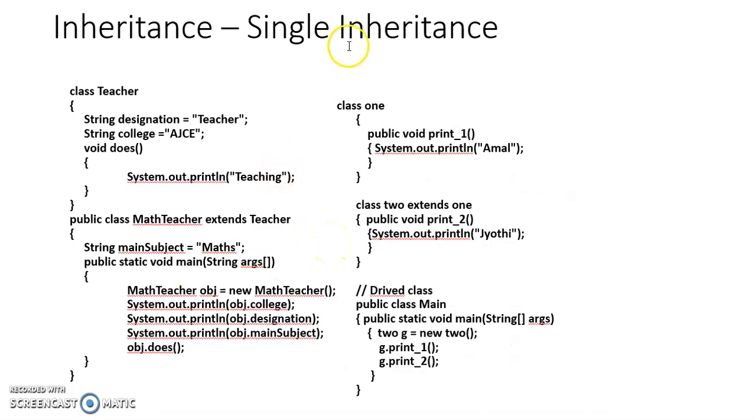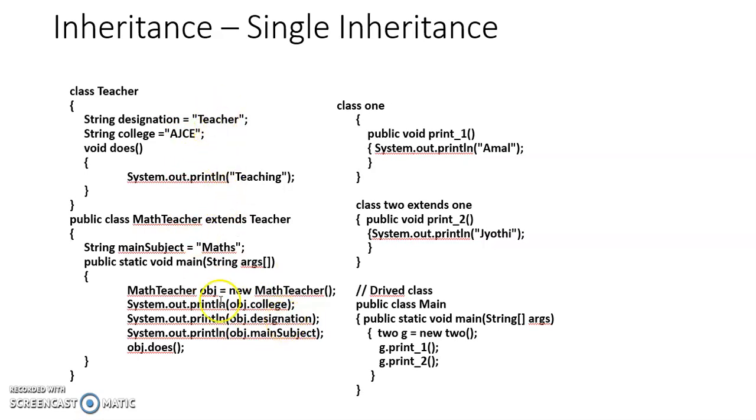Another case of single inheritance over here: a class called teacher. You have a string designation, you have a college AJC, and it has a function called does, and it will be displaying a word called teaching. You have a class called math teacher, which is extending teacher. And then you have this main subject variable initialized with maths, and in the main function you're creating an object of the derived class, that is a math teacher obj, and you'll be displaying obj.college, which should be AJC,